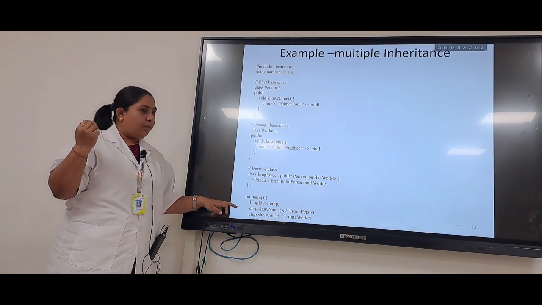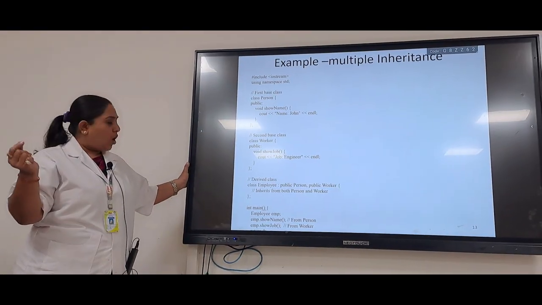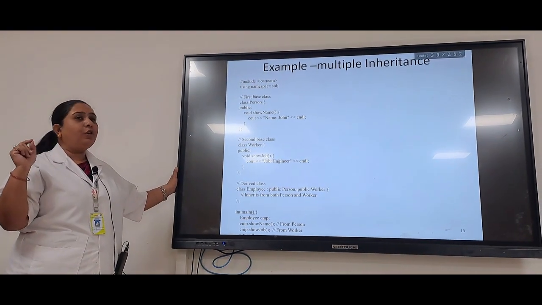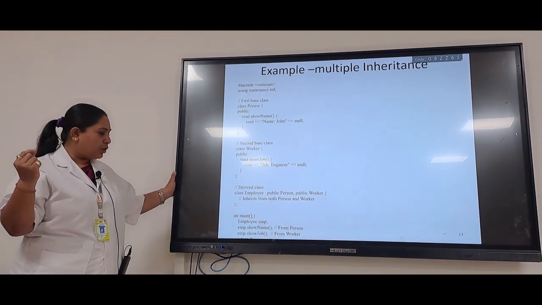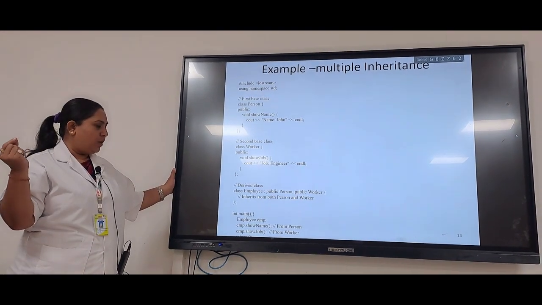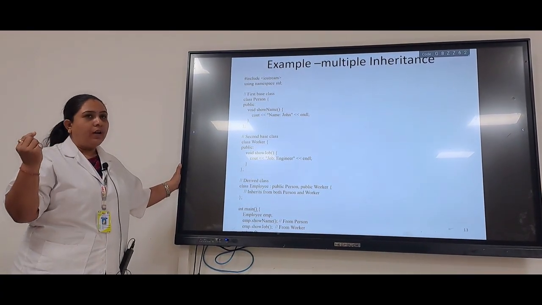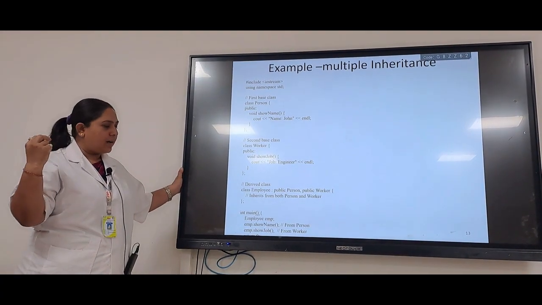And then come to the main function. Here I have created an object EMP of the type employee. With the help of the dot operator, I am calling the member functions show name and show job. Show name comes from the base class person, and show job comes from the second base class, that is the worker.